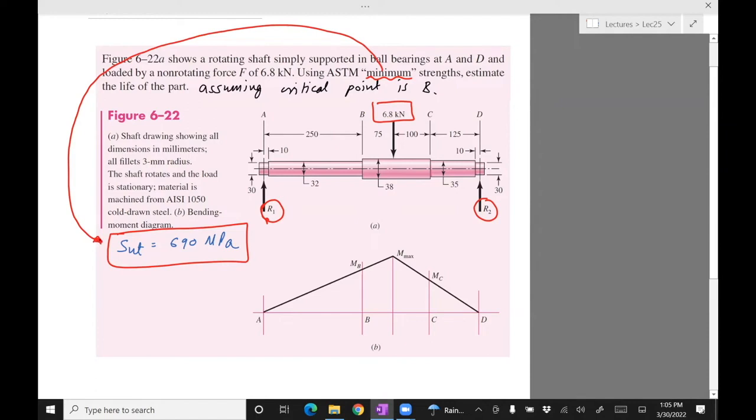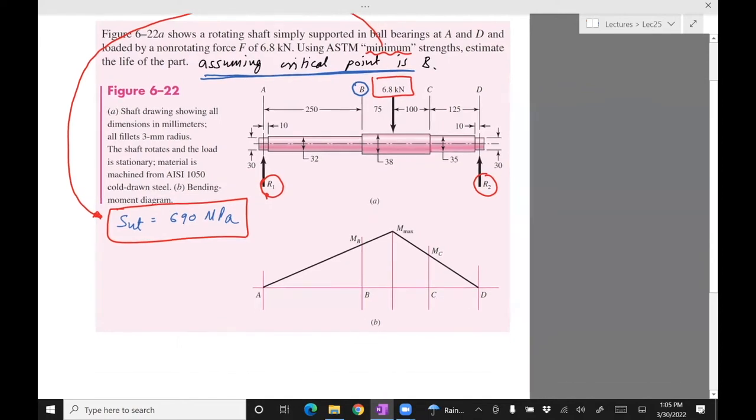Okay, now I have simplified this problem in so many ways by giving you what is the critical point. Say the point is B. Right, so let's come to that. If that's not given, let's say that you don't know what the critical point is. And remember, you want to design based on the worst case scenario. That is, figure out where the stress is the maximum, and that's your critical point, and that will lead to failure. Now, if that's not given, then in this case, since this is loaded by loads which lead to bending,